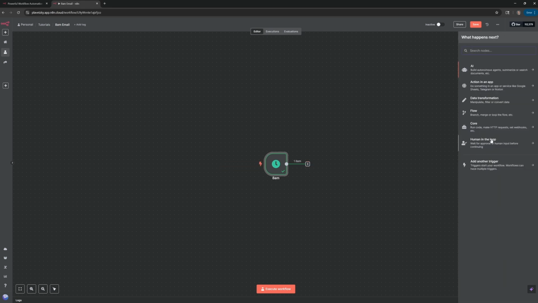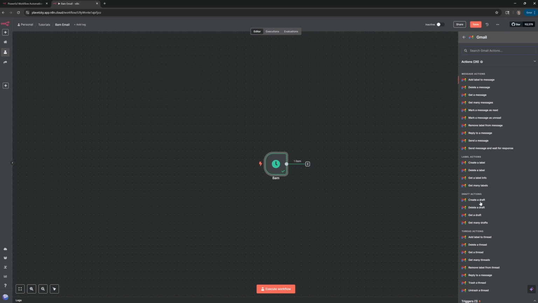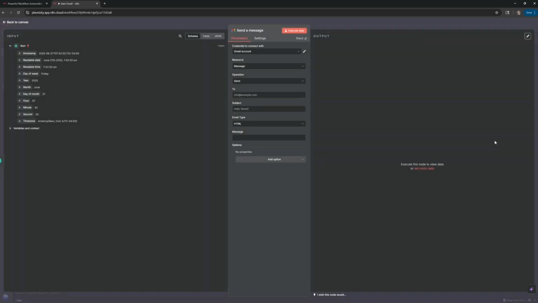You can go digging through, but typically I just do a search for it. So in this case, I'm going to do Gmail. Click on that. And then you get all these different options for Gmail. Don't fret about which choice you make now. This is just kind of like a starter, so you can always change any settings. So in this case, we want to send a message. But like if you accidentally click on reply, it's not that big of a deal. You can change it. So send a message.